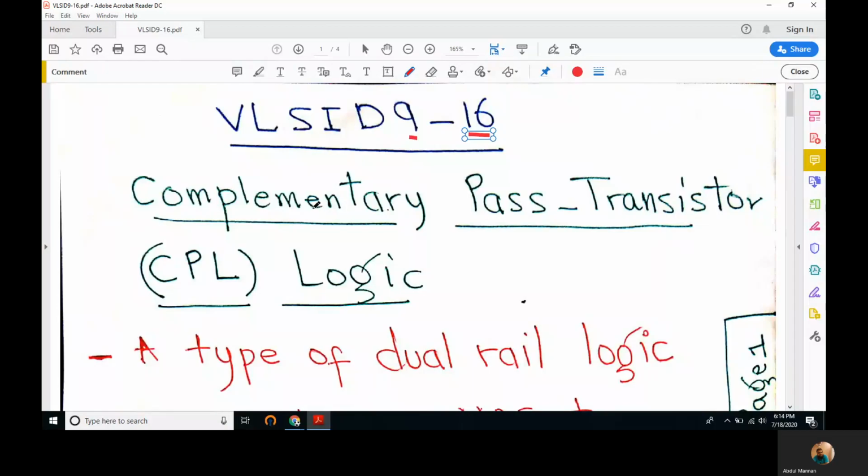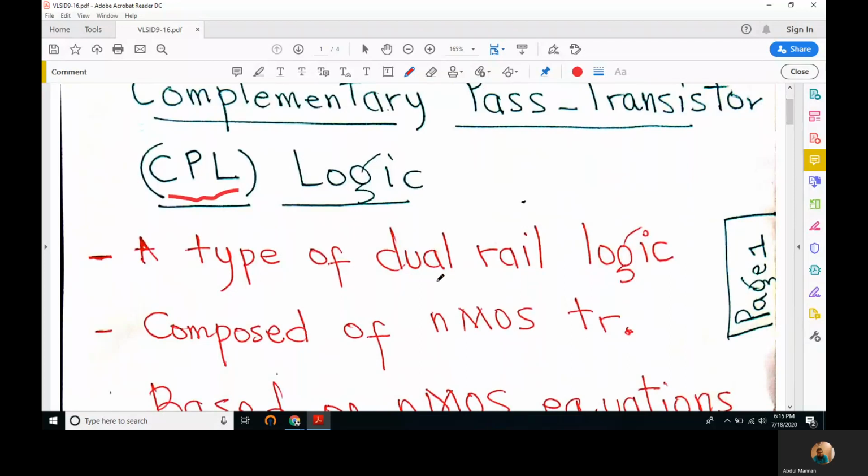From chapter number 9, we will study complementary pass transistor logic, CPL, in this lecture. It's our dual rail type. CPL is a type of dual rail logic that we have been studying for the last couple of lectures or so, and they are composed of NMOS transistors,